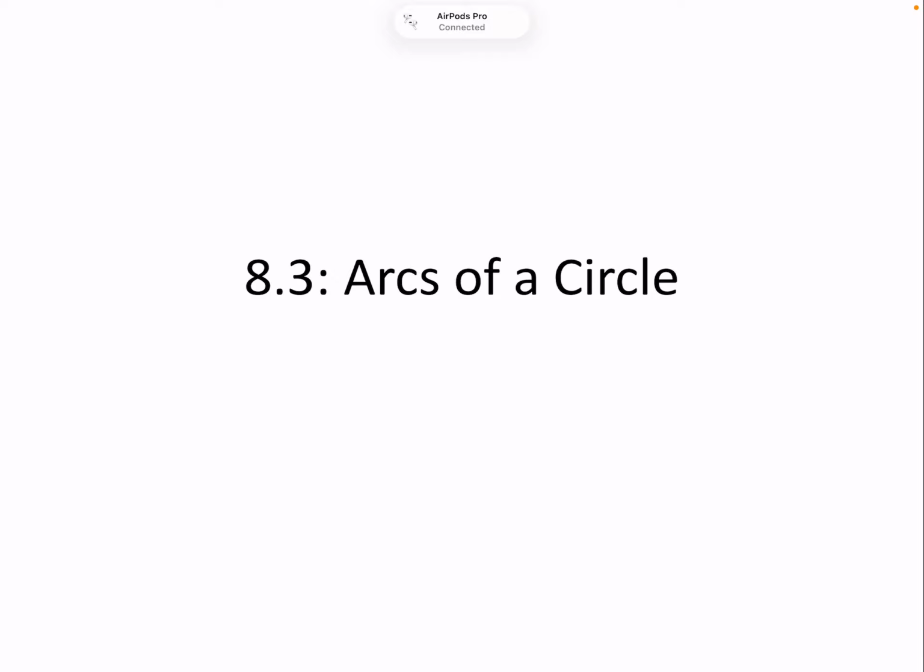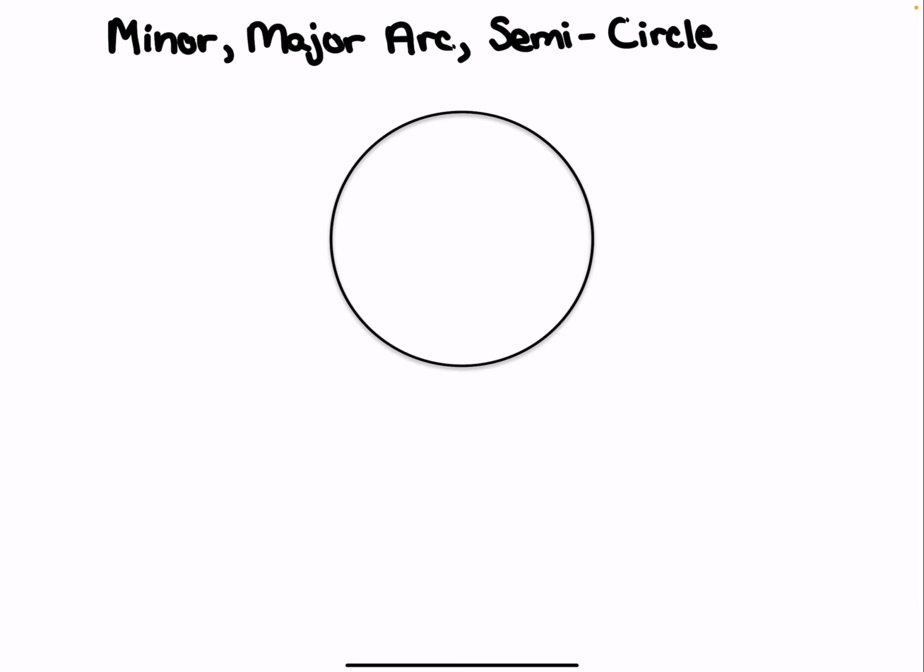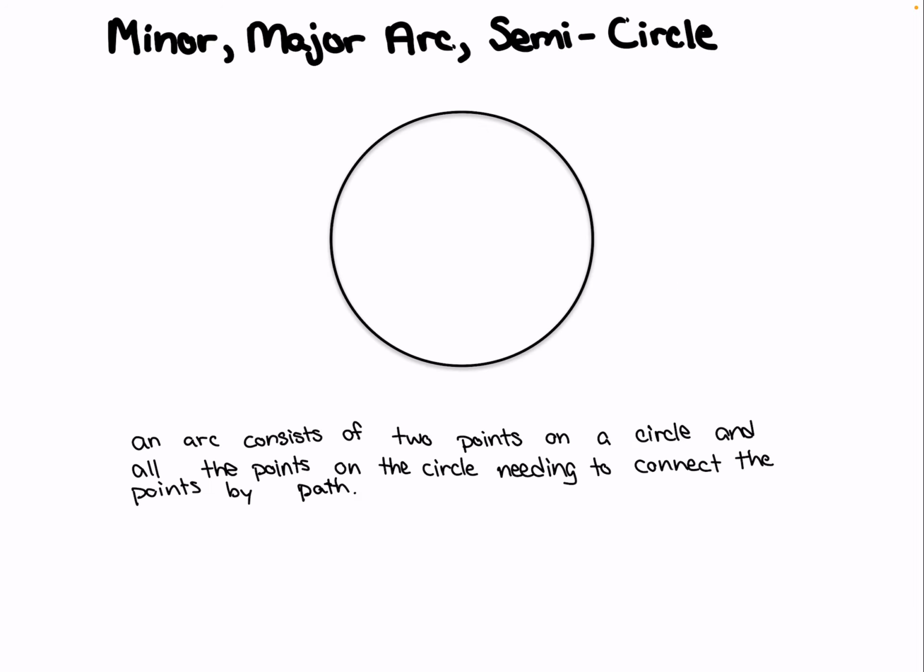Today we're going to be covering 8.3, arcs of a circle. So let's go ahead and begin with a little bit of a definition. Our first definition will be of an arc. An arc consists of 2 points on a circle and all the points on the circle needed to connect the